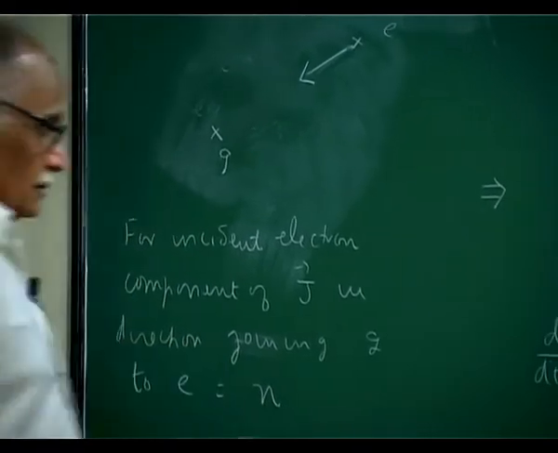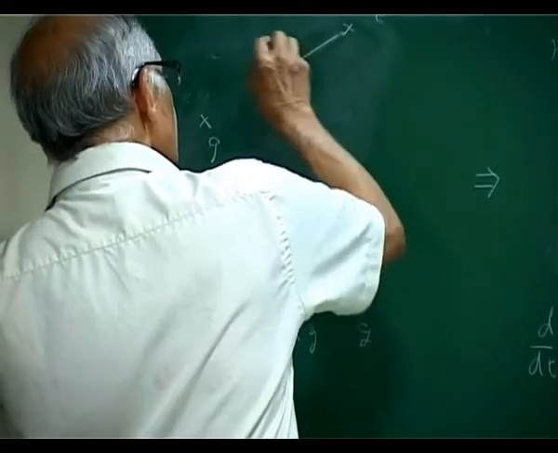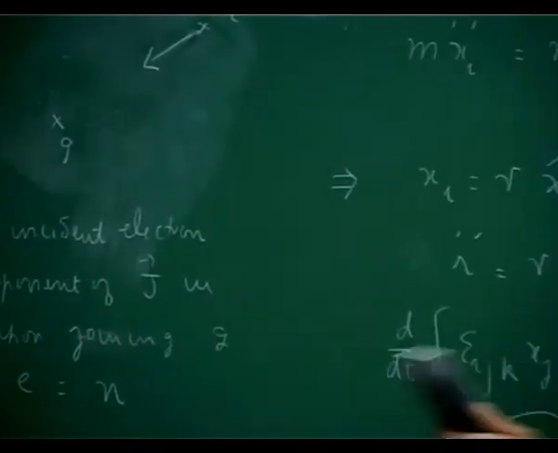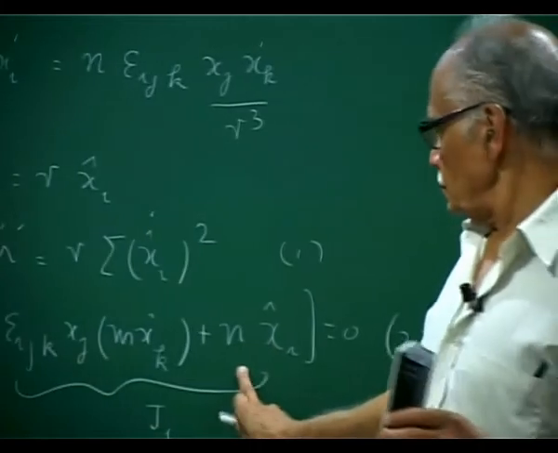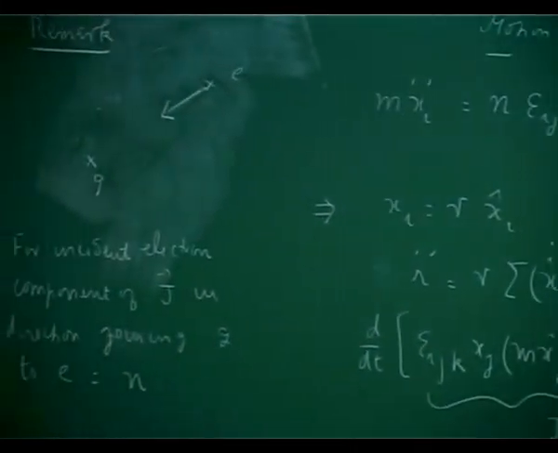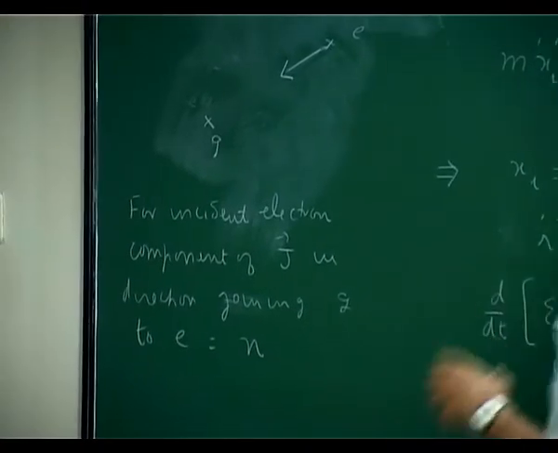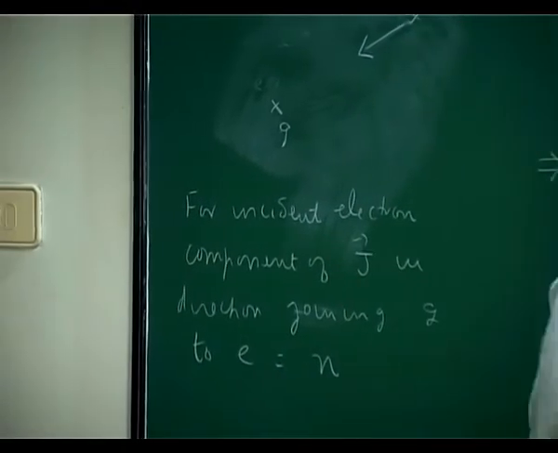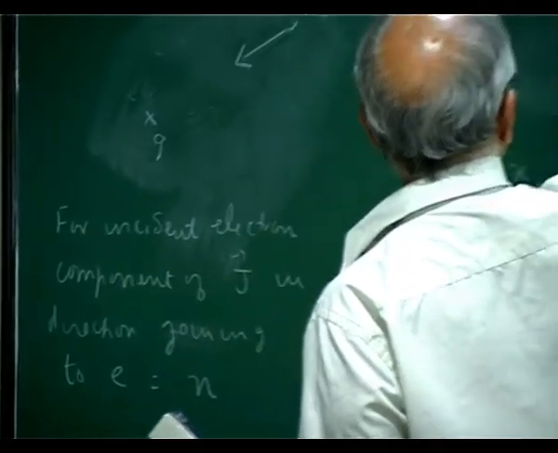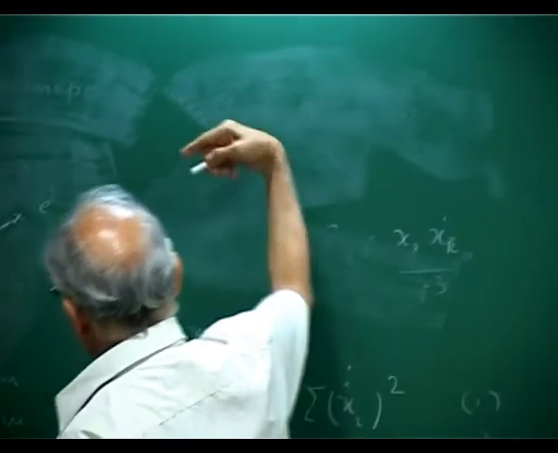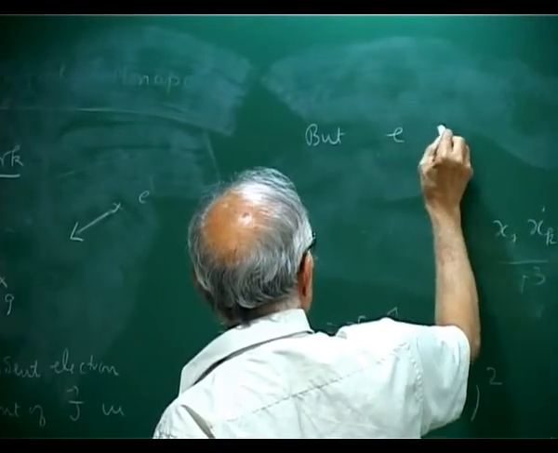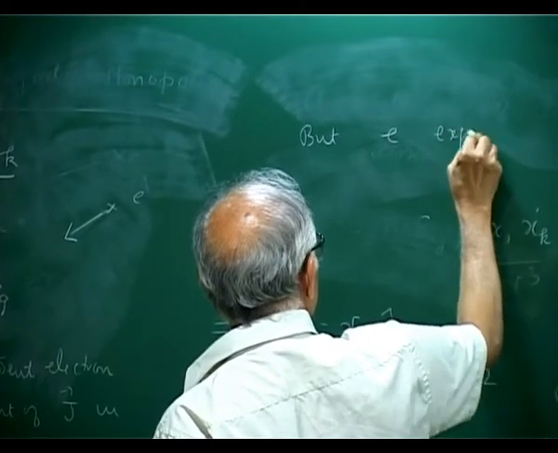If I look at this component of J in this direction, I will be dotting with the unit vector from G to E, so I will get n. But classically, if the motion is like this, since the electron experiences no force,